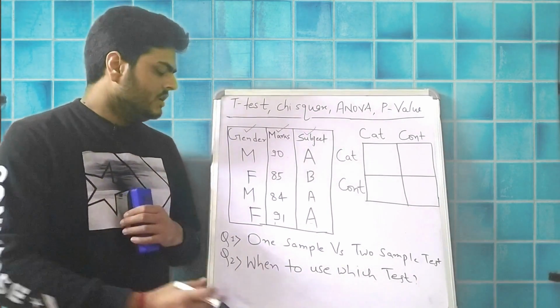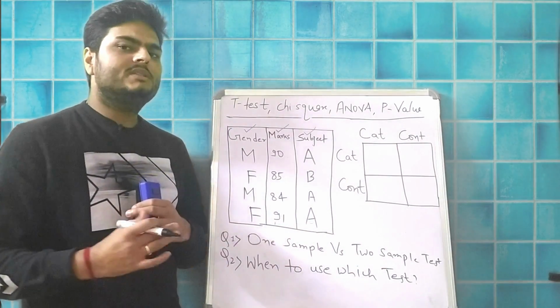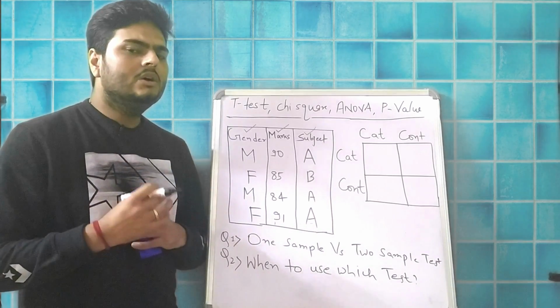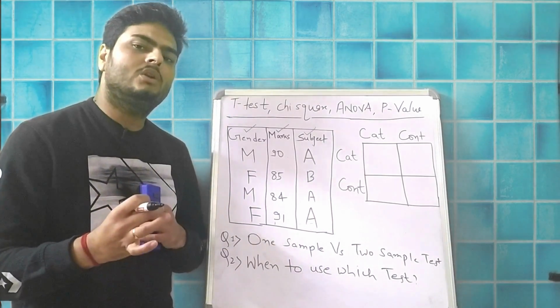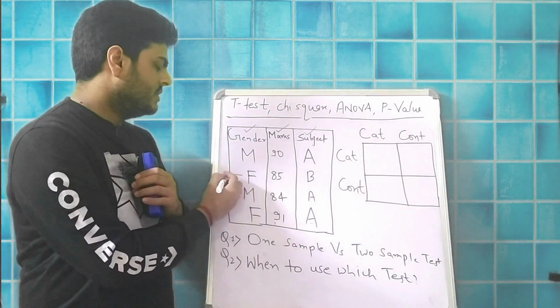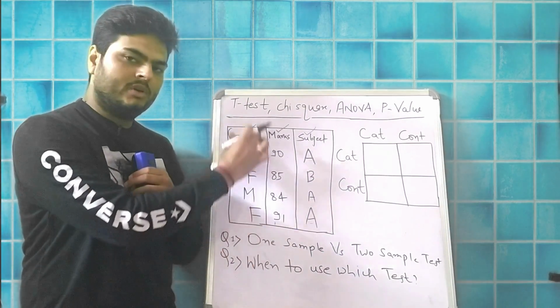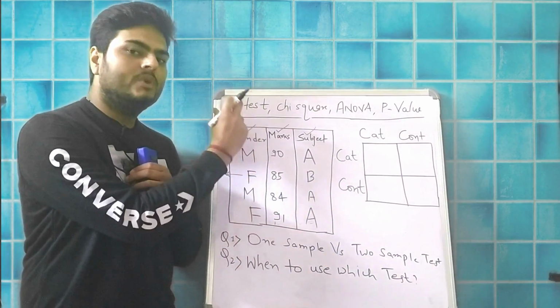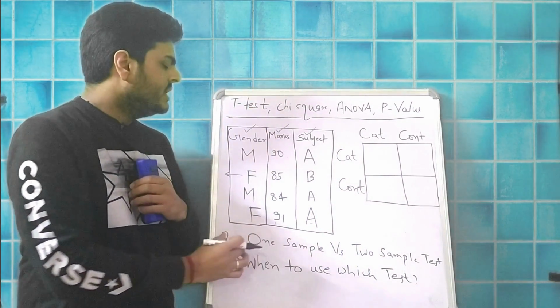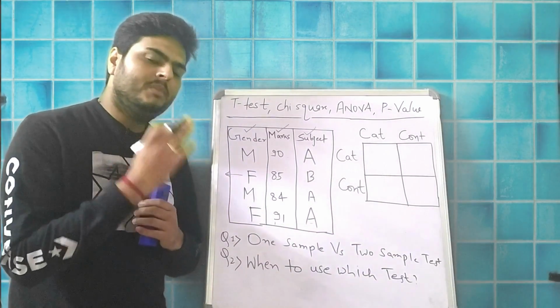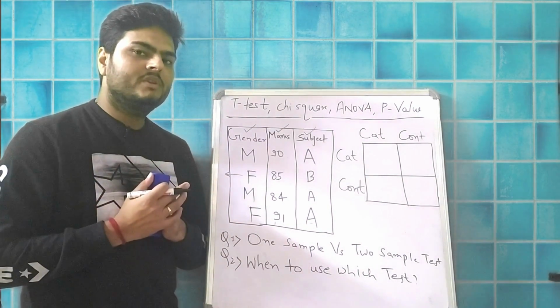Moving ahead, let's say you have one sample, meaning we have three columns here, right? Let us consider we have to do some analysis on this particular column, gender column. So what kind of analysis can we do on this one column? I'm talking about one sample, which means one column. So we can do a percentage distribution analysis, for example, if male is more or female is more.